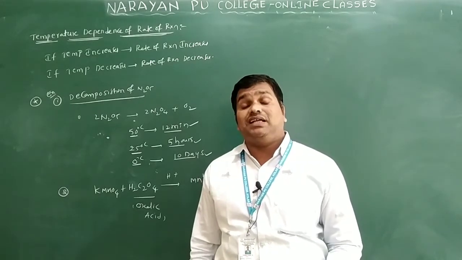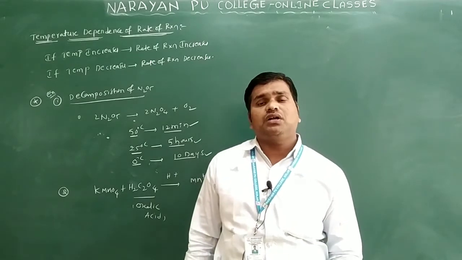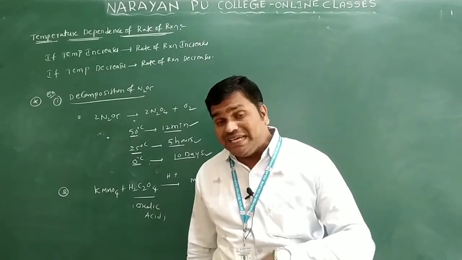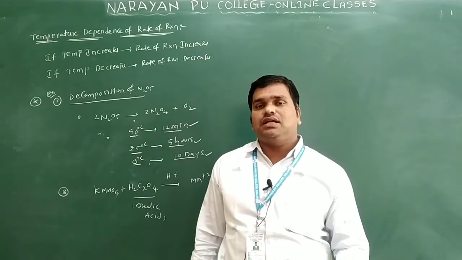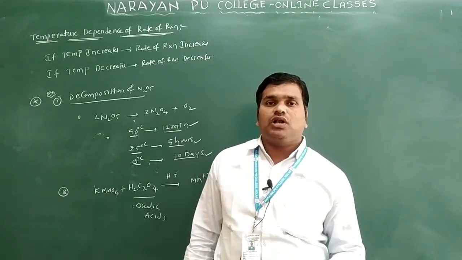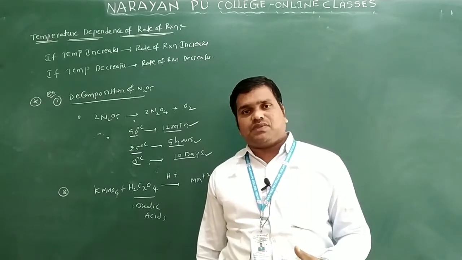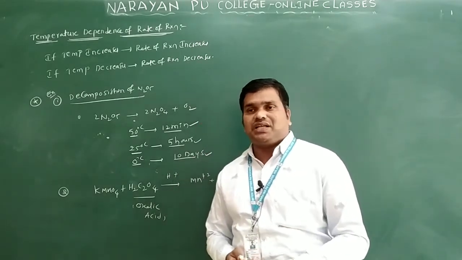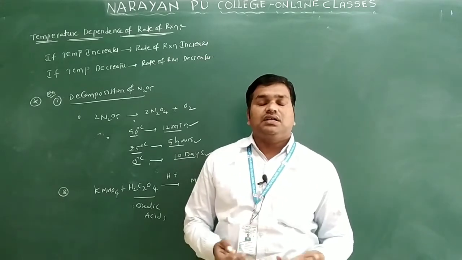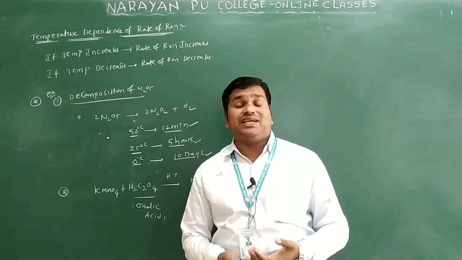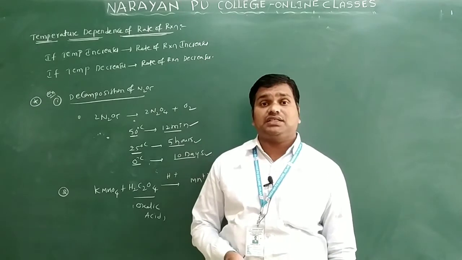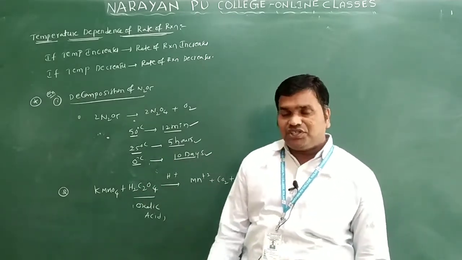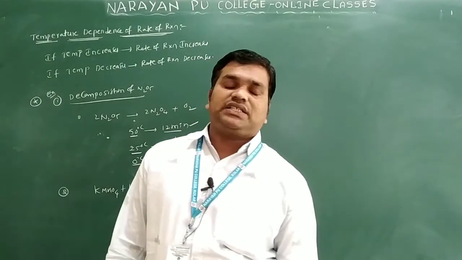If you are maintaining room temperature, what happens? If the temperature increases, the titration will be completed in a fraction of minutes, and then identifying the molarity of the KMnO4 is very easy. Clear? If you are not using hot oxalic acid, that is, if you use oxalic acid at room temperature, the reaction does not complete easily. It will take a long time for the completion of the reaction. So by seeing this example, what I want to say is, if the temperature increases, the rate of reaction is what?